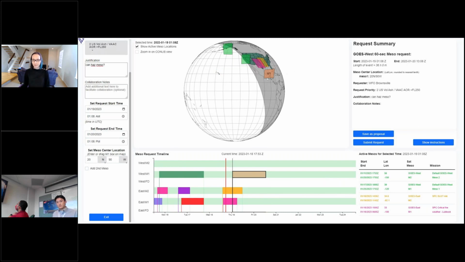And it will pop up wherever you put the location, but you can also change it and drag it around wherever you want. And something new here that you might not have in your previous one is you can add a second meso when you're doing the 60-second meso request. So say there's some special event going around and you want to use up to 60-second mesos. You can drag them around to whatever location you want,